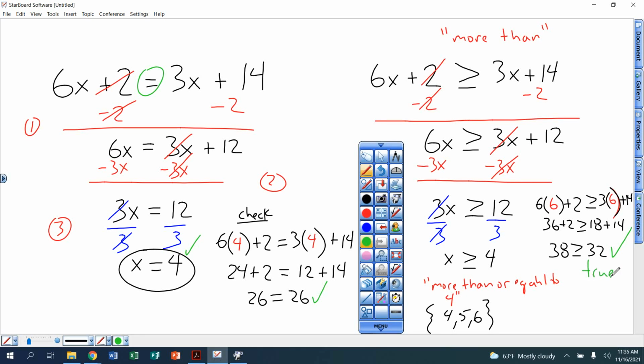Any number more than 4, if you plug in for x, will give you not an equal number like the solution to the equation, but will give you a true statement and not false. Anything less than 4, you plug it in, you're going to get false statements like 20 is more than 30, which is not true. All right, third word is